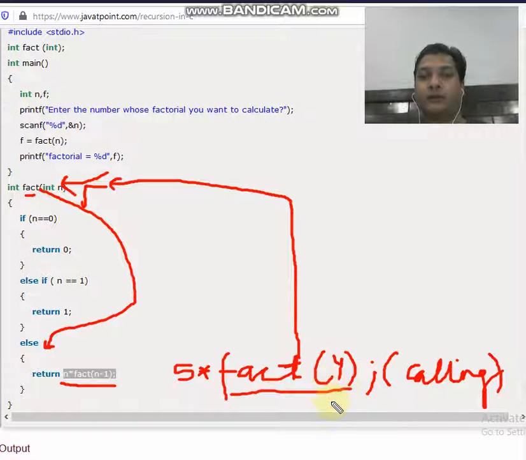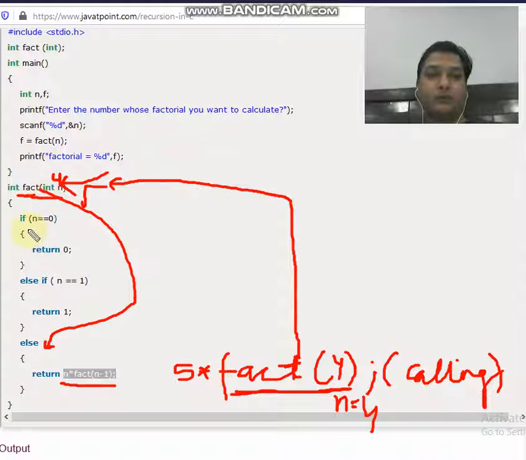So from here the value of n gets converted into 4. The original value of n was 5, but now the value of n becomes 4 because it becomes n minus 1. So from here onwards the same thing is going to happen, and again control reaches the definition part of the function, and from here the value of n is going to be what? The value of n is going to be 4. So this fact 4 is going to be elaborated like this: again it reaches, not the base case, that is n equals 0, not n equals 1, but again it reaches the else part, and again the same statement is written, return n multiplied by fact n minus 1.